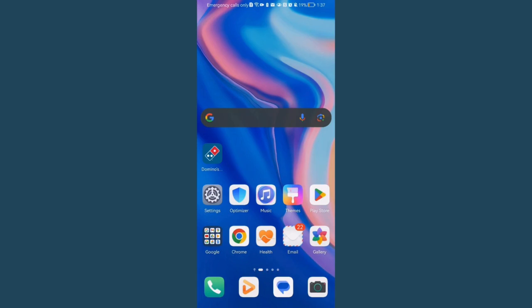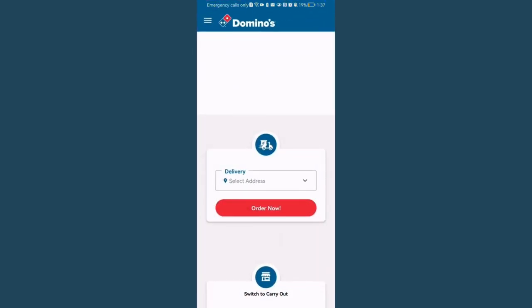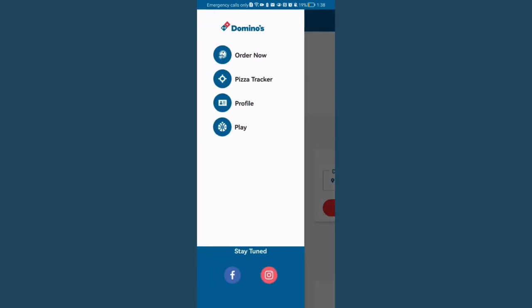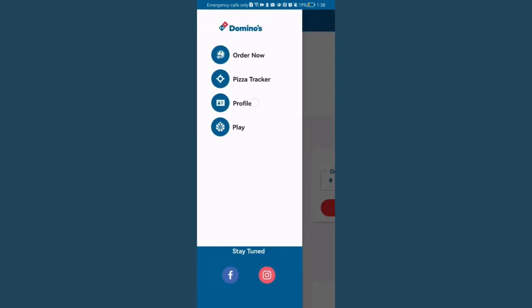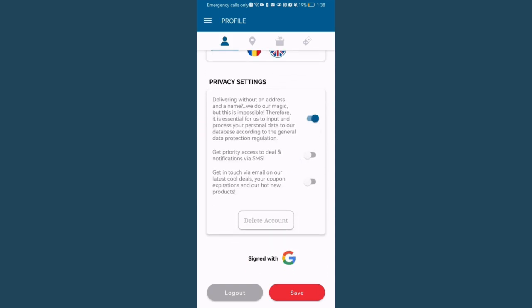The first thing you need to do is enter the app. Once you are done with that and you are in the home page, you should look in the top of your left corner and there you will find three lines. Press on it and here you can just press on profile, and after that you can just see in the bottom of your left corner the logout option. Press on it